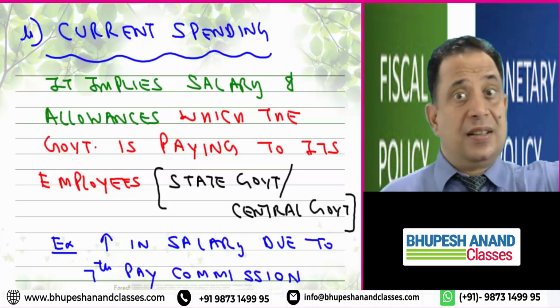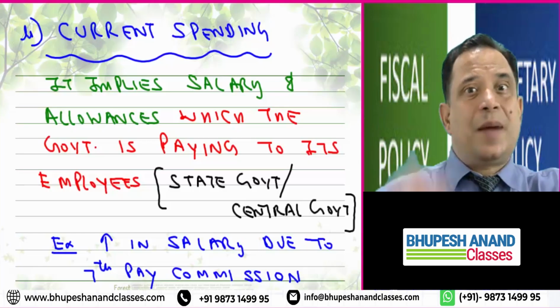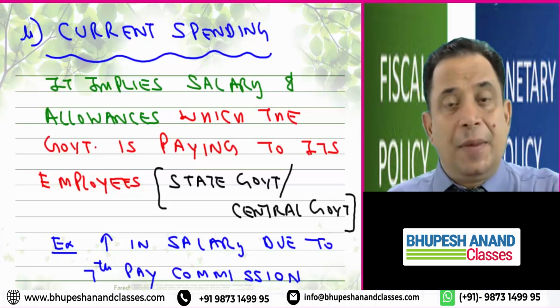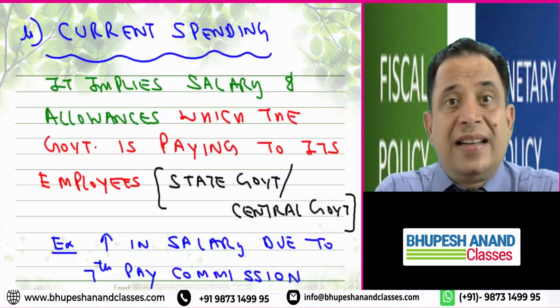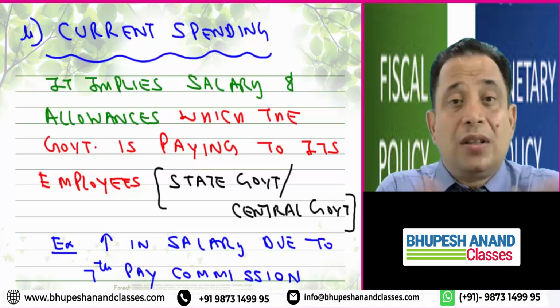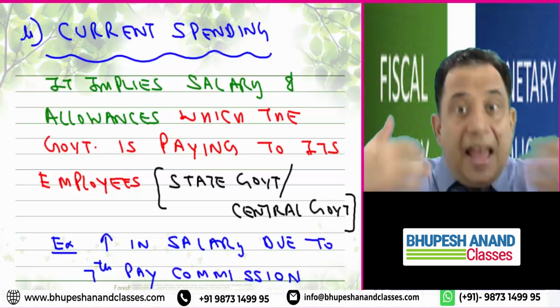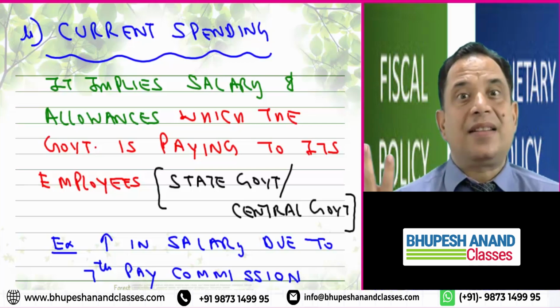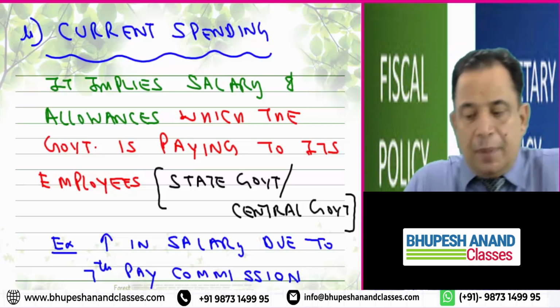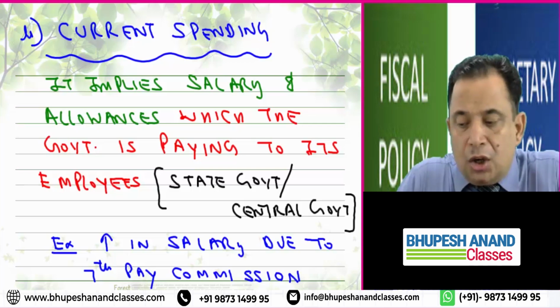The first is transfer payment, the second is current spending. When I say current spending, it means the expense on current salary, which is revenue in nature, I will say, which is recurring in nature. Every month they have to pay. That is named as current spending. So please write down, it implies salaries and allowances which the government is paying